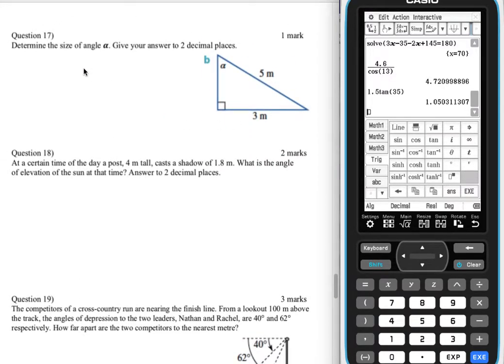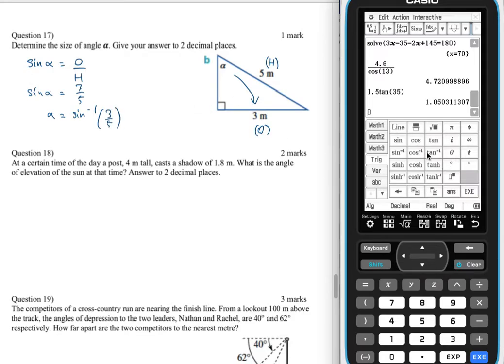Question 17. Determine the size of angle alpha given your answer to 2 decimal places. So we've got another right angle trig, and let's label our sides. Well, this is opposite our right angle, so this is an H just here, hypotenuse, and the angle here, this is opposite our angle, so we've got O as well. So SOH CAH TOA, so this is a sine one, sine alpha is equal to opposite on hypotenuse, sine alpha, sub in our values, 3 on 5. Take an inverse sine,